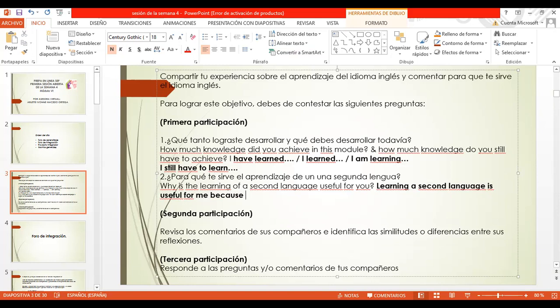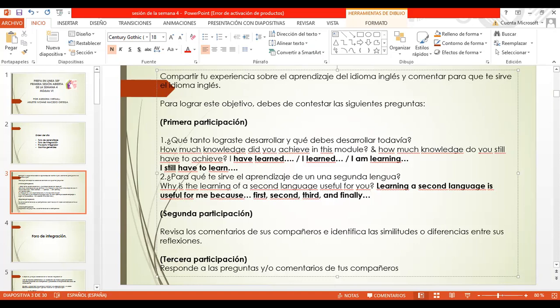Cuando hablábamos de nuestra rutina, decíamos first because. Podrías utilizar estos conectores. First, para enlistar, en este caso vas a enlistar razones. First, second, third, and finally,